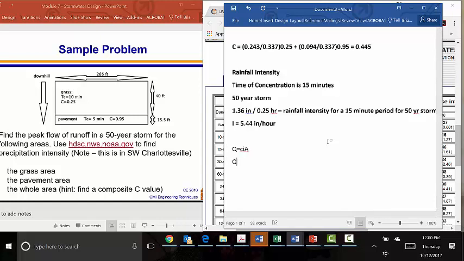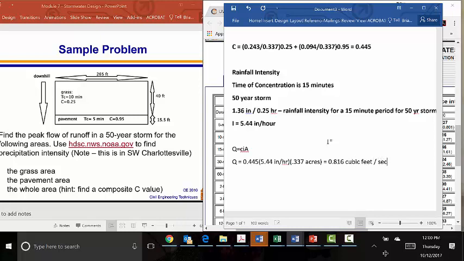That means Q is equal to the C value, 0.445, times I, which is 5.44 inches per hour, and then A, or acres, is 0.337 acres, and this works out to be a value of 0.816 cubic feet